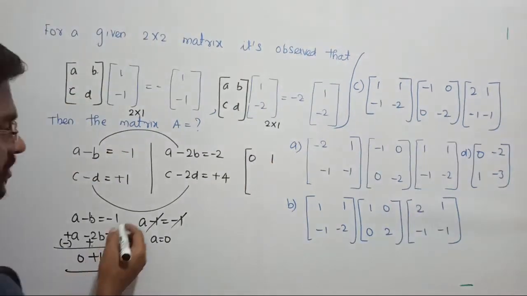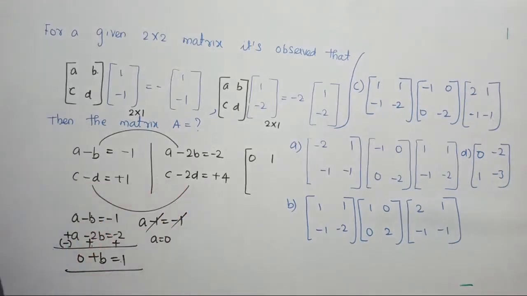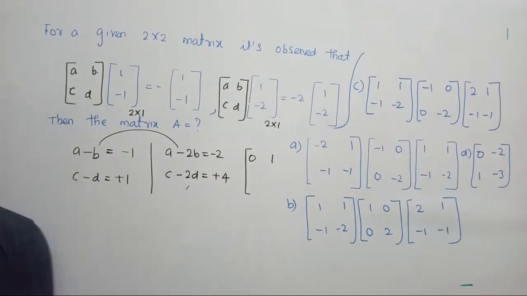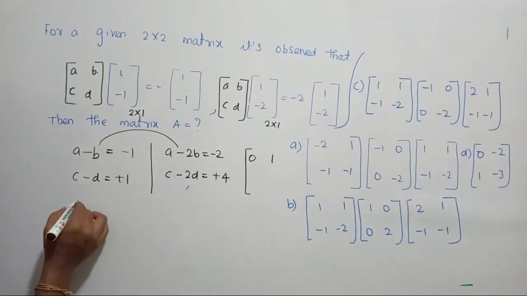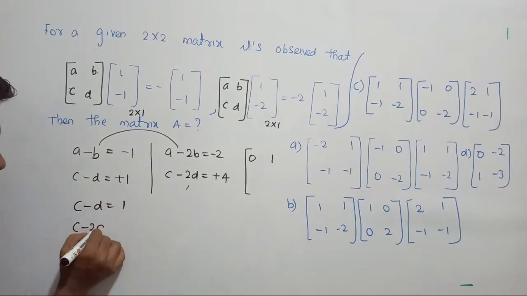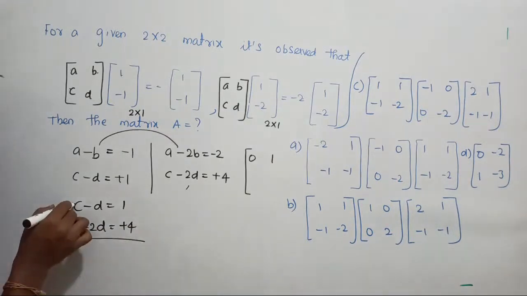Now let us try and solve these two equations, C minus D and C minus 2D. Let's see what we are going to get now. So let us take the next two equations. C minus D equal to plus 1, C minus 2D equal to plus 4, such that if I solve these two equations, see there C minus C